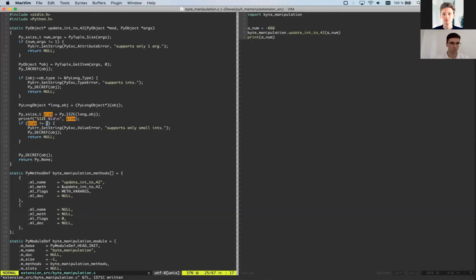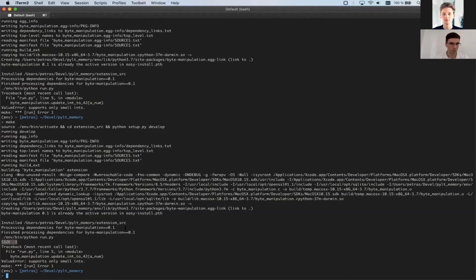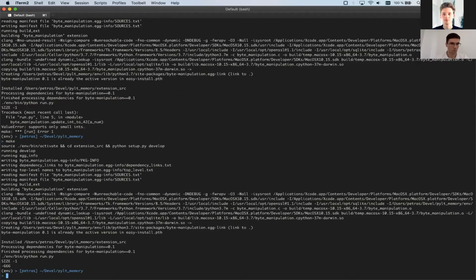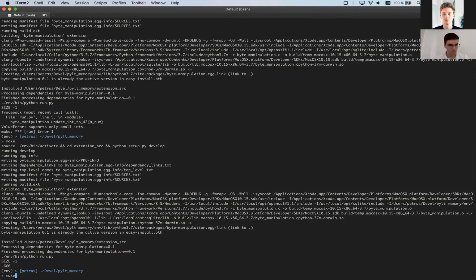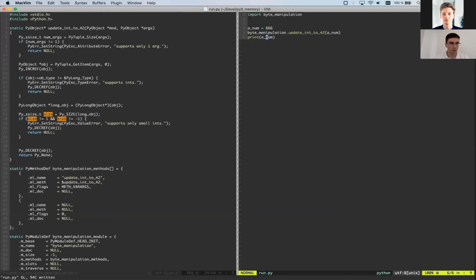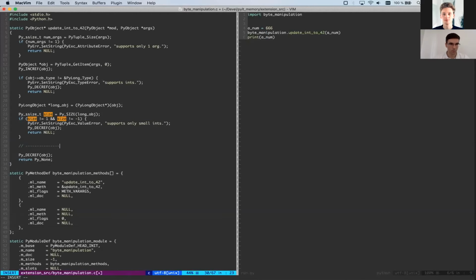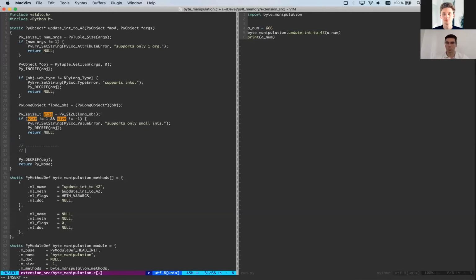So let's also double check size. No equals. Now it's fine, right? So at this point, this is a very good point. Now I know that our object is a small integer and nothing else has been passed.